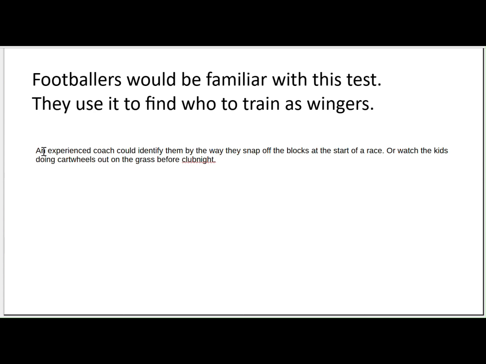And I've just noted in small print here, an experienced swimming coach could identify them by the way they snap off the blocks at the start of a race. So the ones that are really quick in responding to the start signal and they jump out further and quicker than the others, those could have some sprint aptitude. The ones that just plop into the water, those could be your endurance athlete